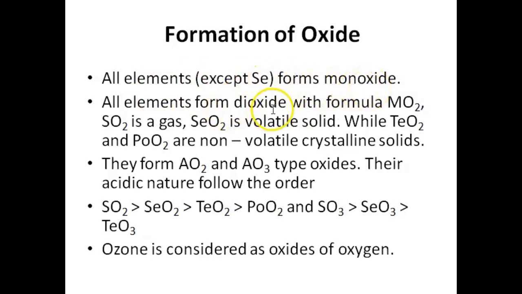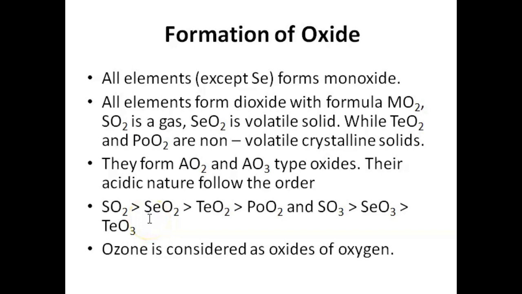All elements form dioxides with the formula MO2, where SO2 is a gas, SeO2 is a volatile solid, while TeO2 and PoO2 are non-volatile crystalline solids. They form AO2 and AO3 type oxides. Then their acidic nature will be in this order, and among all,